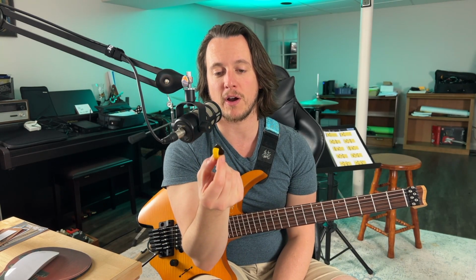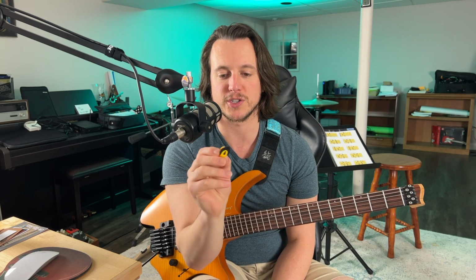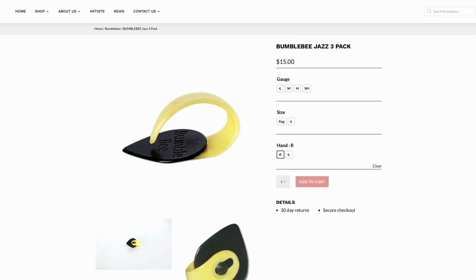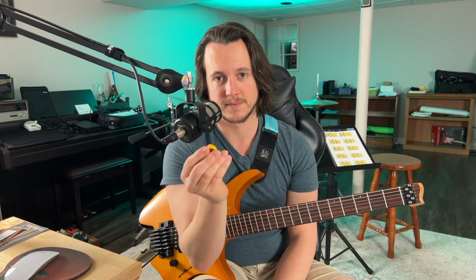Now, these are by far my favorite pick that I have used in my guitar journey. So what it really is essentially is a Jazz 3 shape attached to this thumb loop. And this does a couple of things for my playing that I'm going to get into, but before that, more